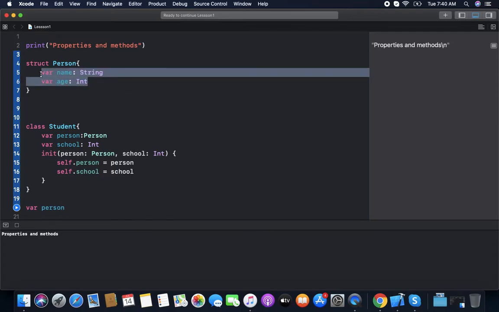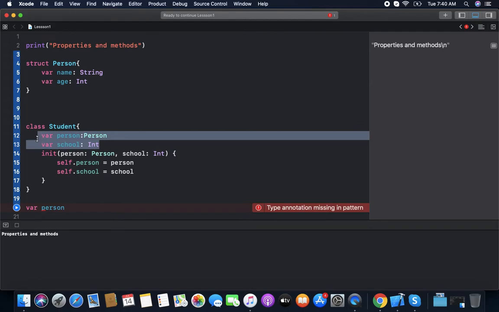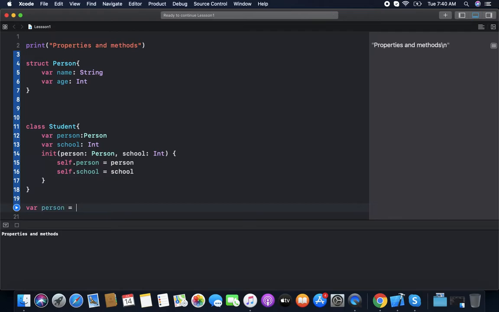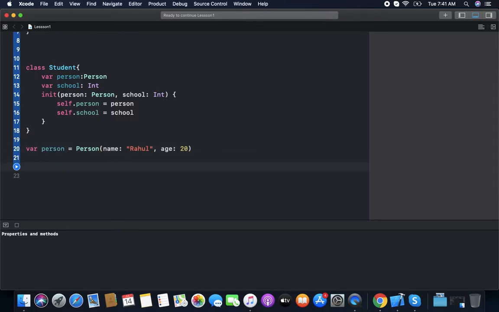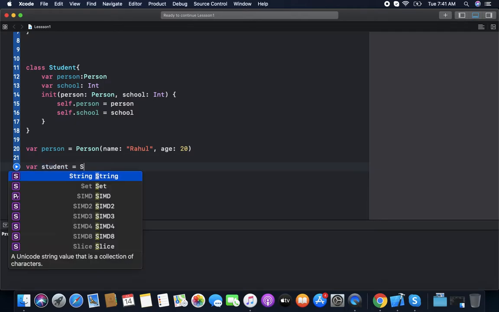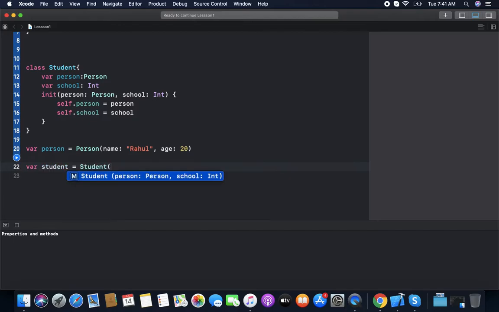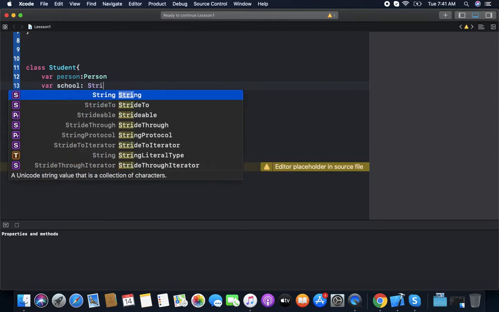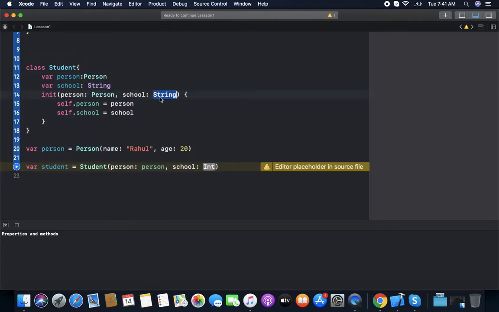These two properties in Person are stored properties, and these two properties in Student are stored properties. Var person equal to Person, name Rahul, age 20. Then we create var student equal to Student, and we can pass the person, changing it with a string.